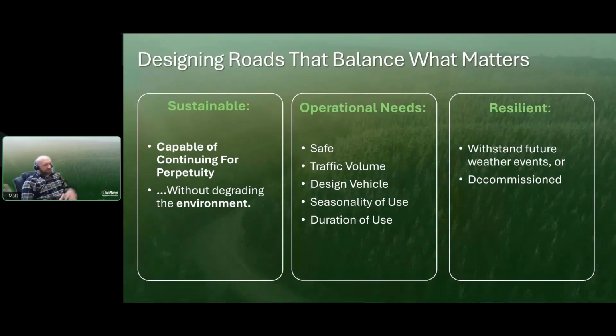So aside from just wanting to do it sustainably, there are operational needs. So one, we want roads that are safe. We don't want to have to worry about fatalities or people being injured or the public being injured, because a lot of our roads are mixed use roads where they're built for industry but used by community members, recreation, etc. So we want something that's safe for everyone.